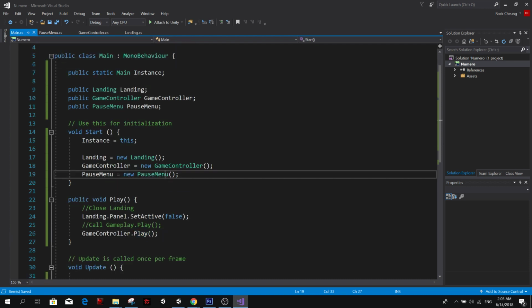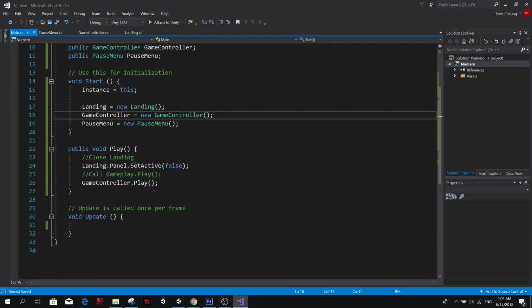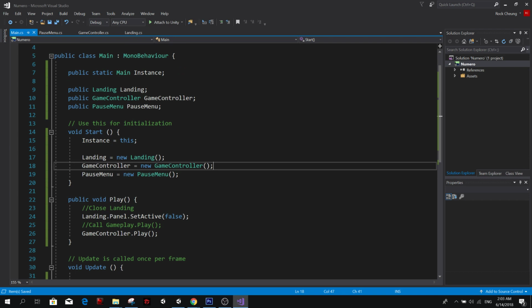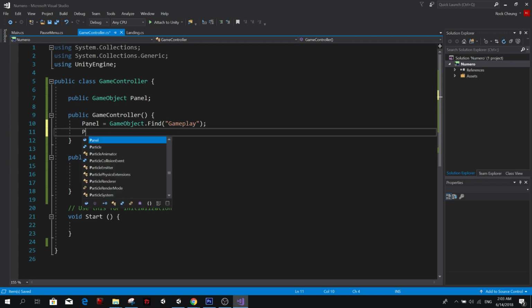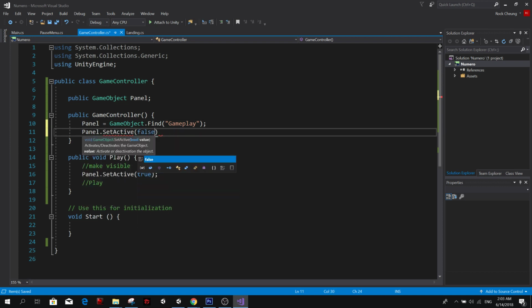And here in main, we're going to make this. And game controller, quit. So why? Because this is only happening once at the beginning, right?